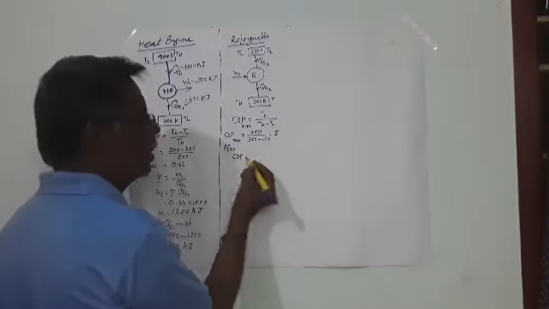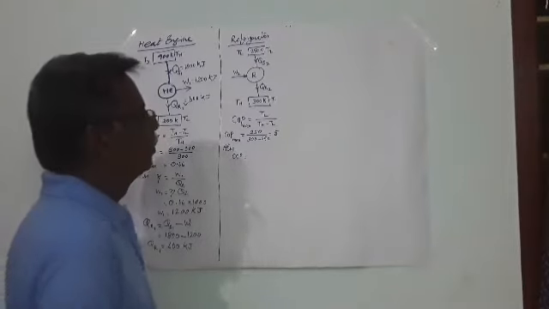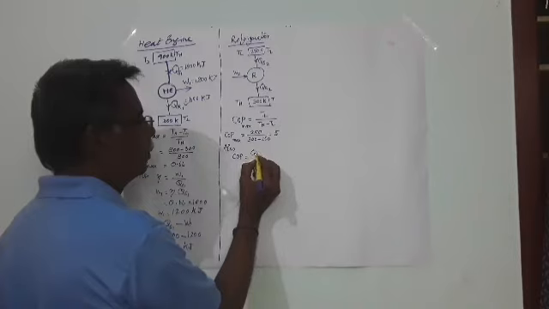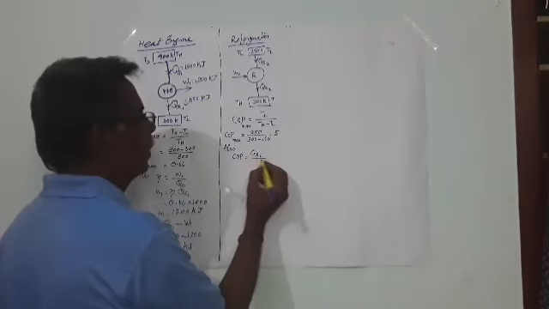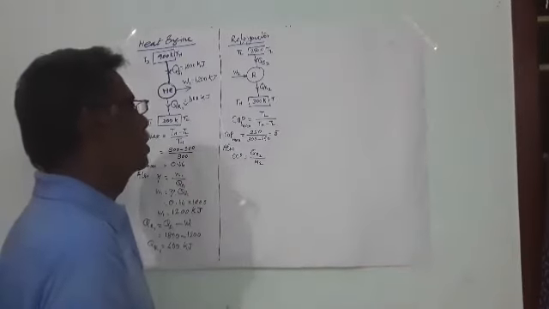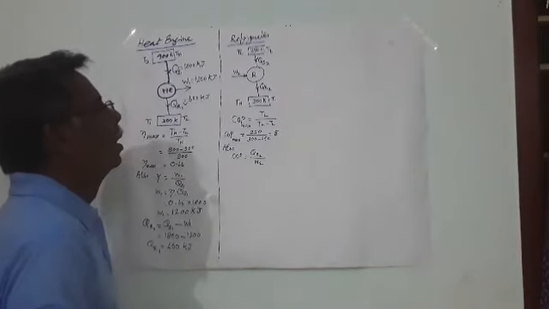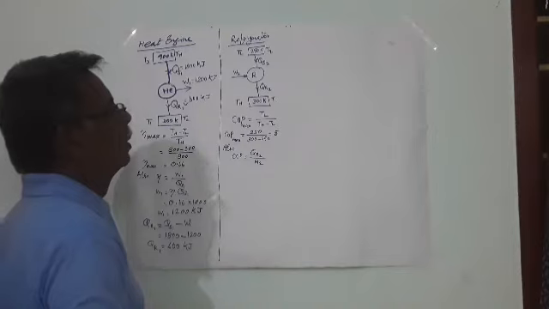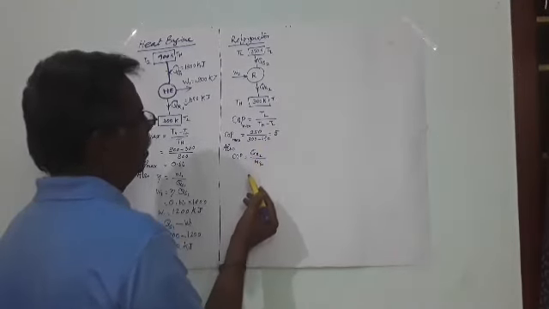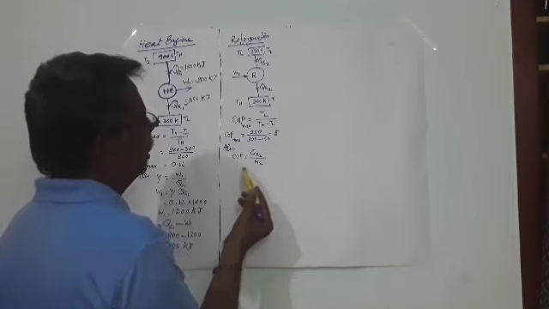Also, COP is equal to refrigerating effect by work done. So amount of heat rejected, QR2, divided by work input. This is not work done, this is work supplied to the system, W2. So from this equation,